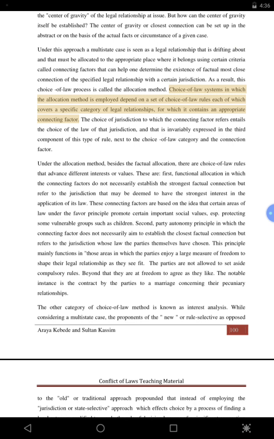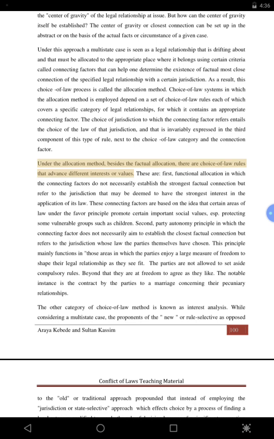Choice of law systems in which the allocation method is employed depend on a set of choice of law rules, each of which covers a specific category of legal relationships, for which it contains an appropriate connecting factor. The choice of jurisdiction to which the connecting factor refers entails the choice of the law of that jurisdiction, and that is invariably expressed in the third component of this type of rule, next to the choice of law category